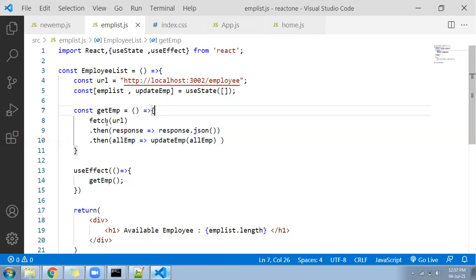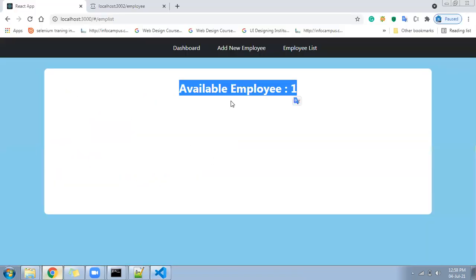Under getEmp, with the help of the fetch method, I read the data from this JSON server URL, and after reading the data we pass it to updateEmp, the hooks function. updateEmp will pass the data to empList, and as soon as empList updates, your length will appear here. Let me go to the browser and confirm once. So here one employee is coming.